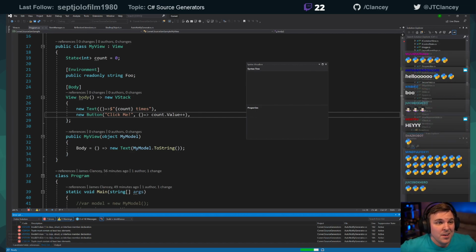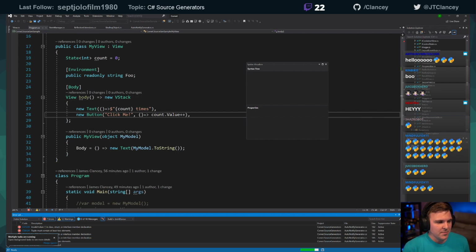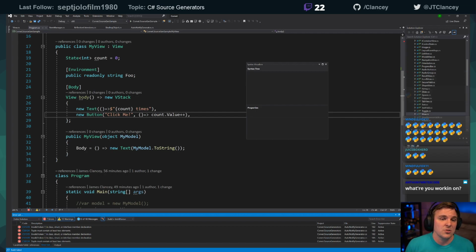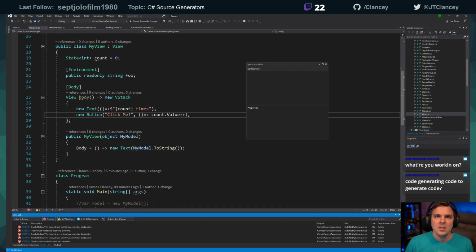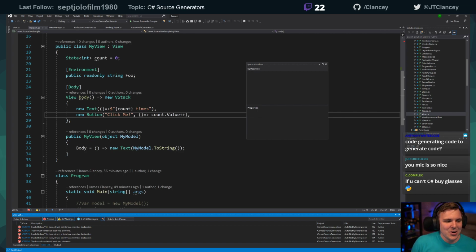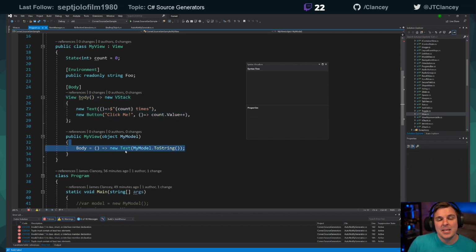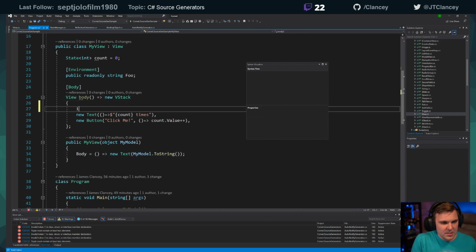So we are working on a source code generator to do some fancy magic data binding in C#. So what I want to do is write a source code analyzer that will generate some additional source code to tell me what was used, so I can automatically know what to listen to with INotifyPropertyChanged. So that way you don't have to write any code. I'm going to do it for you. So we can make stuff like this work, or stuff like this work, and make it automatically update the text, or do even fancier stuff to say